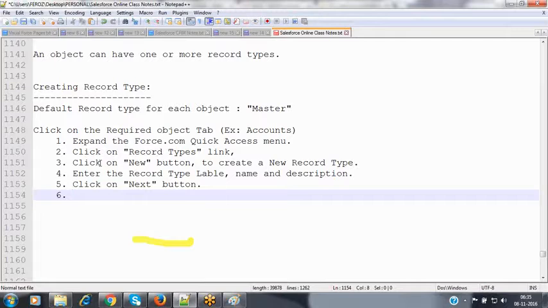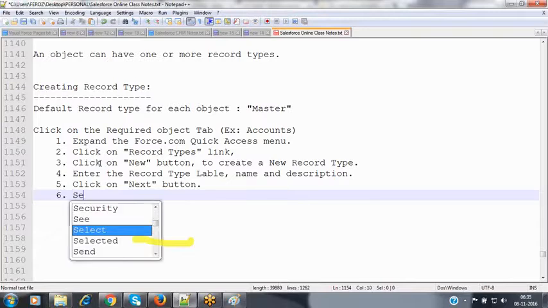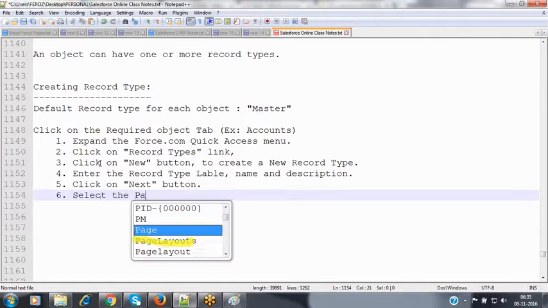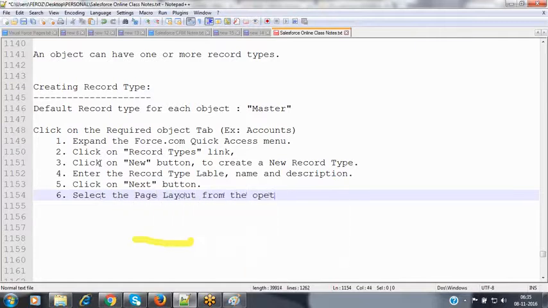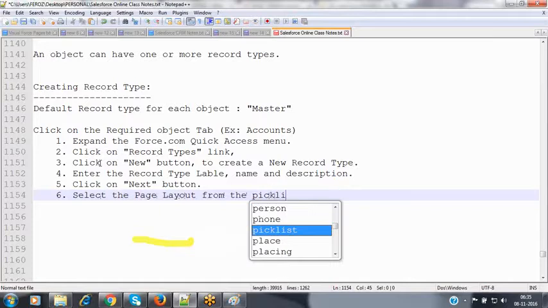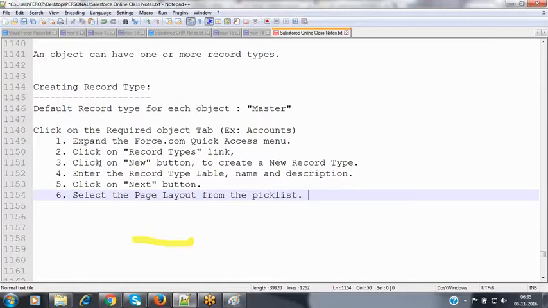As soon as you click on the next button, it will ask you to select the page layout. Nothing but when you click on this particular record type, which page layout has to open here. Select the page layout from the pick list.